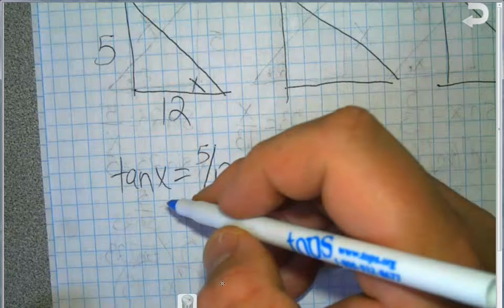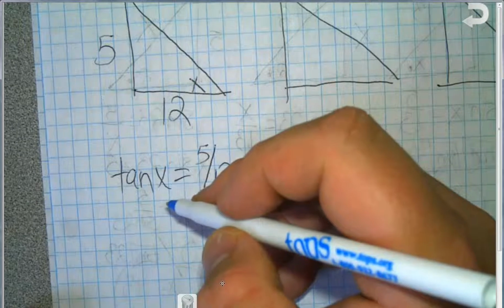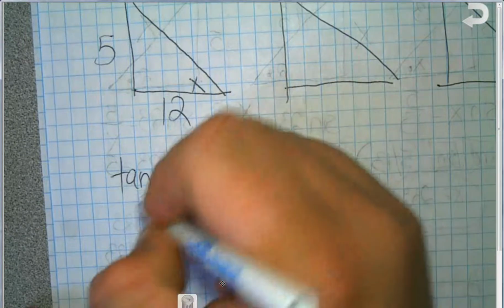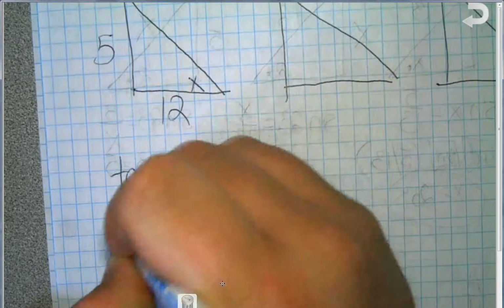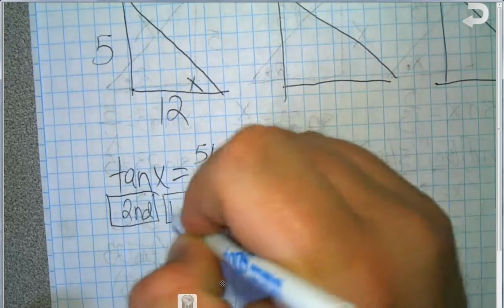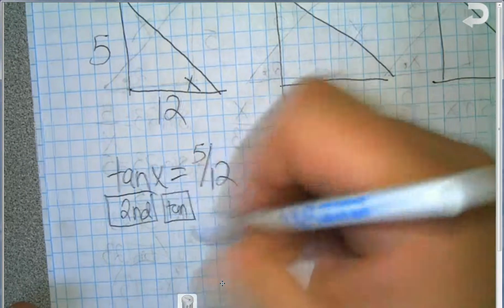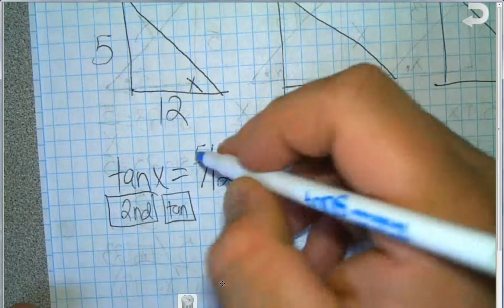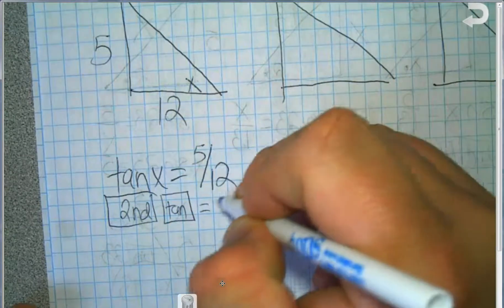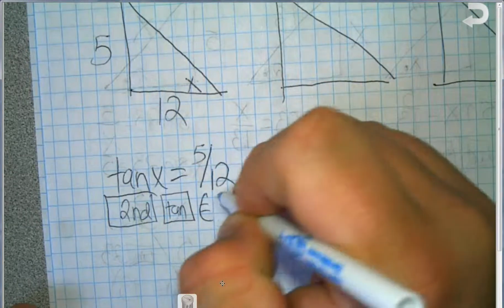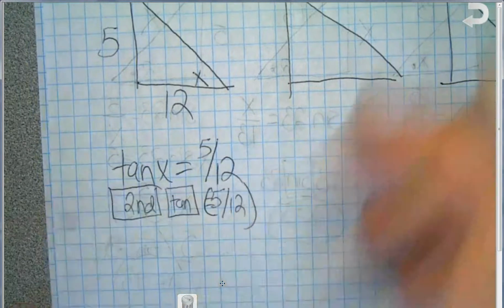Never mind. Second tan, tangent, and then 5 over 12. And so when we do that,